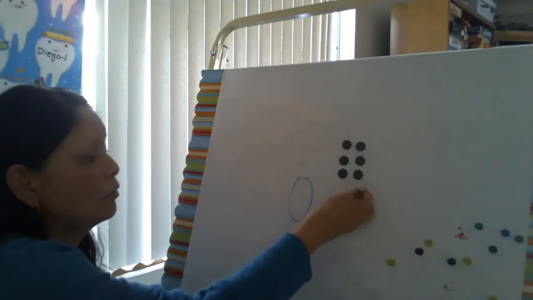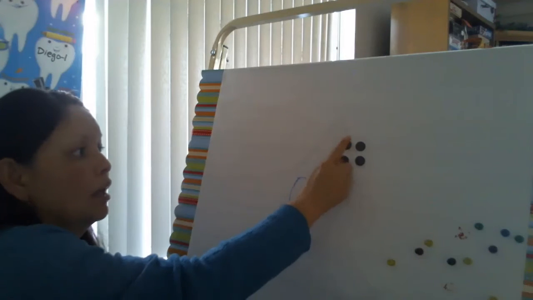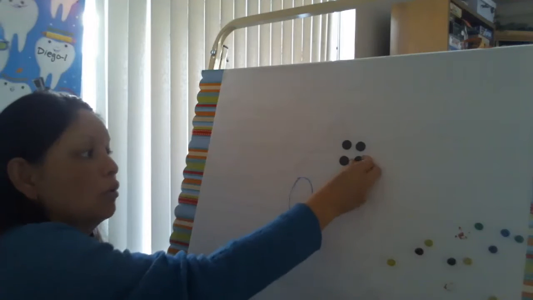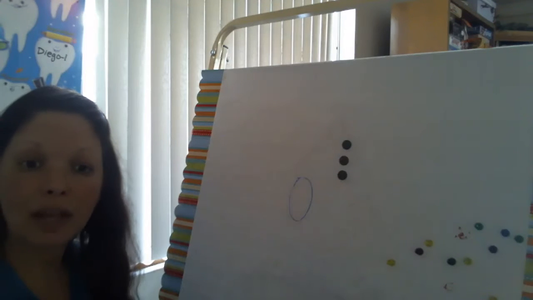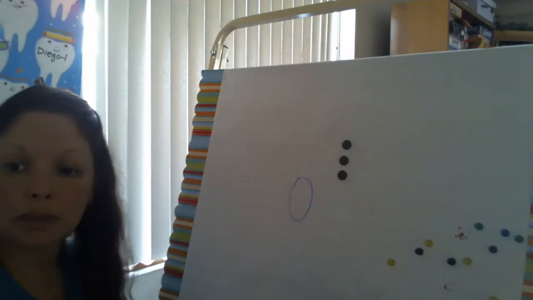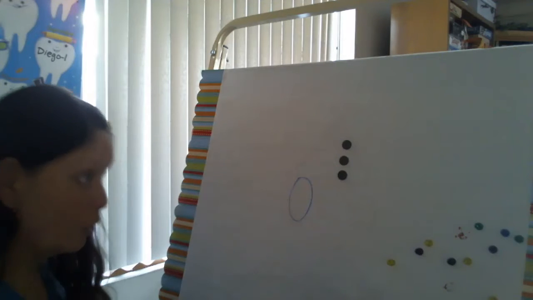So it has to be a smaller set than this. So we have 1, 2, 3. A smaller set would be 2 or 1 or nothing. That would be smaller too, because 0 doesn't seem to be like a number, but it is. So that's what we're going to do with